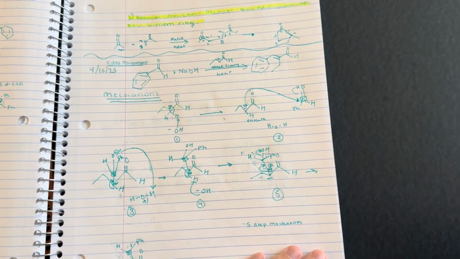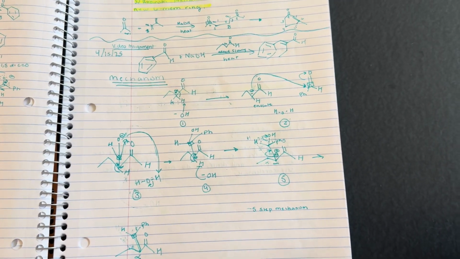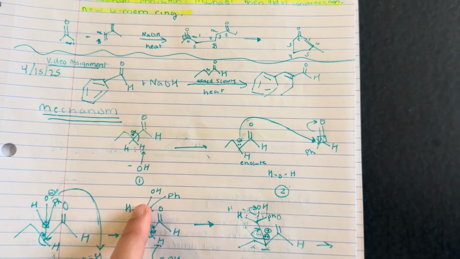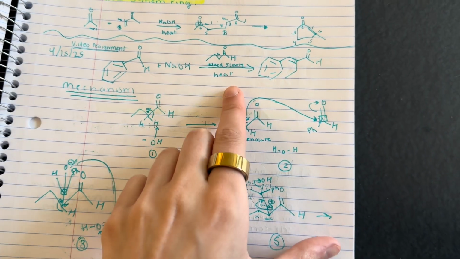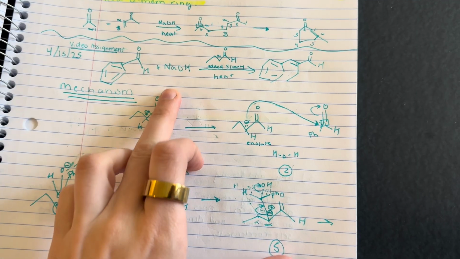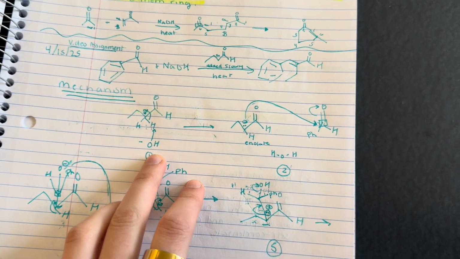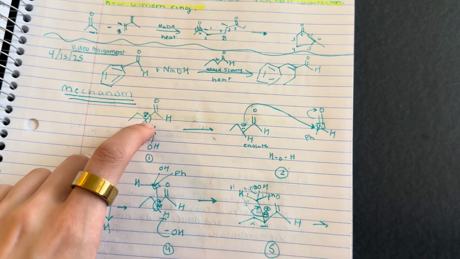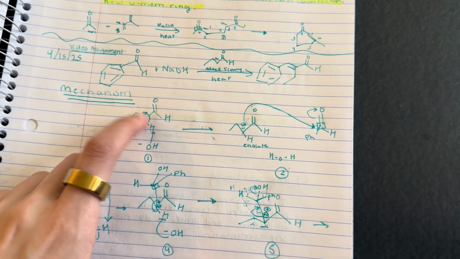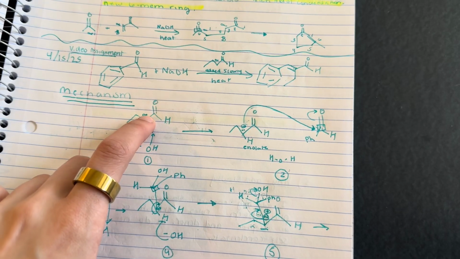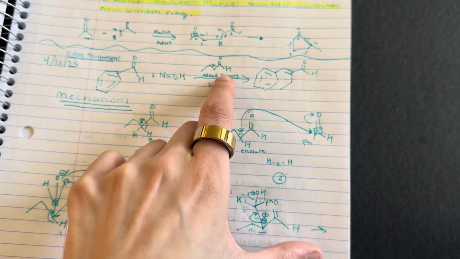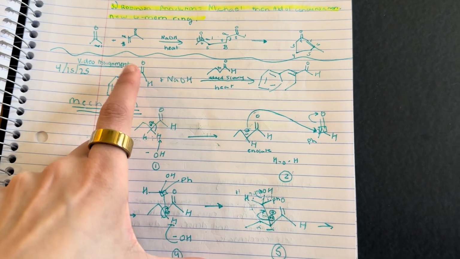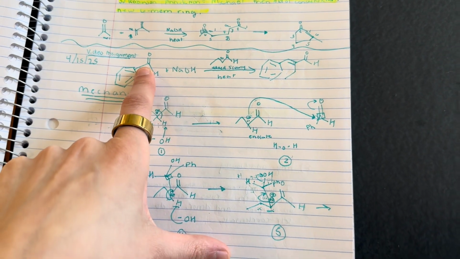First, I'm just going to talk through the mechanism. So I had number 2. The first thing that we're going to do is take this base and protonate it. And by protonating it, we give the electrons to the alpha carbon, which was indicated here because this is our enolate and this is our